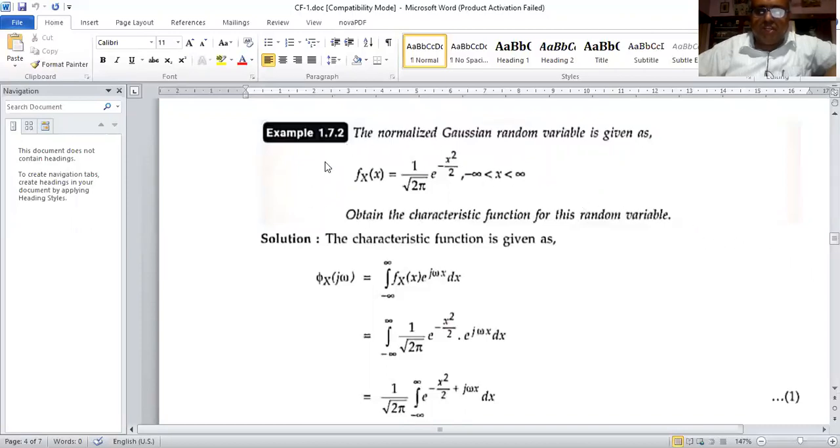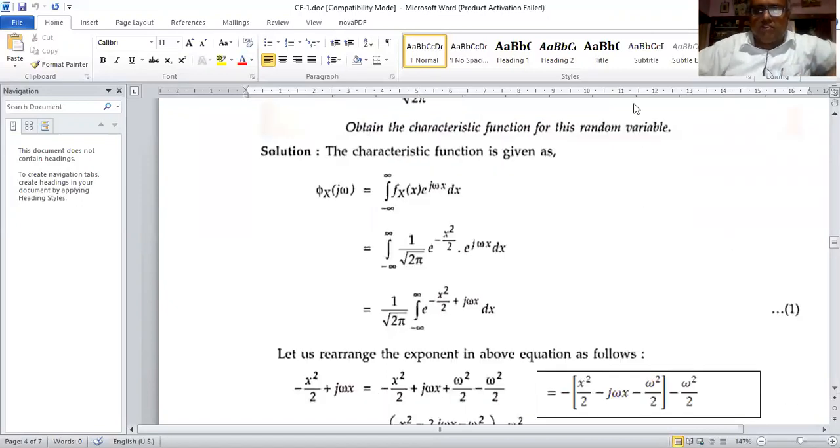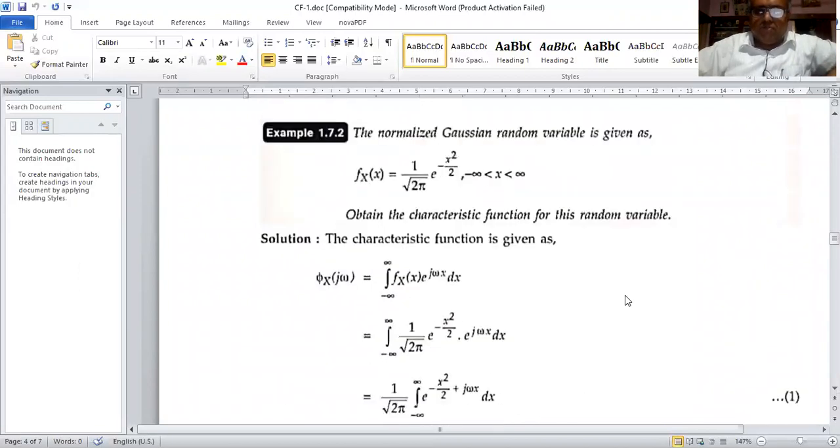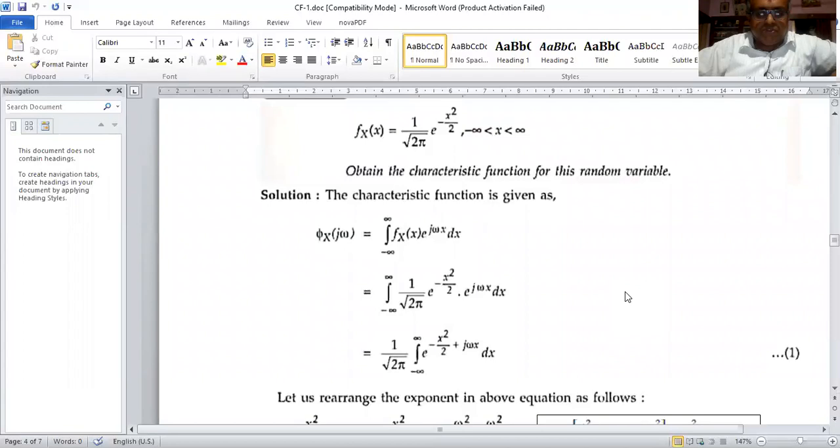So I have been given fx of x as a normalized Gaussian random variable representation whose PDF is fx of x is equal to 1 by root 2 pi, that is 1 by square root of 2 pi, both 2 pi under square root sign, into e to the power of minus x squared by 2 for minus infinity less than x less than infinity. I have to obtain the CF of this random variable. This is a little bit mathematically involved, so please be careful while I am explaining the steps that need to be evaluated. So here the main difficulty lies in the mathematics and the technique that needs to be followed for solving the CF.